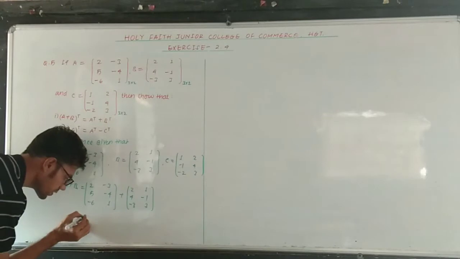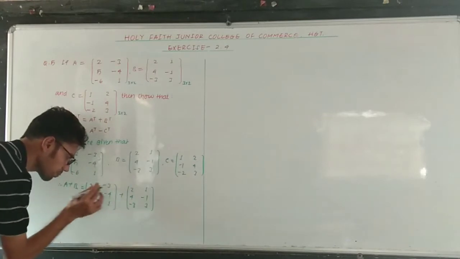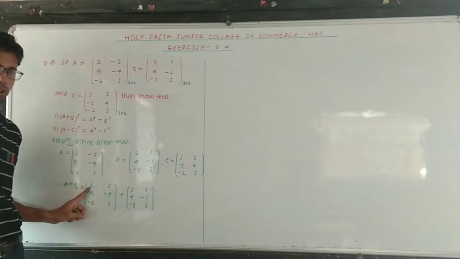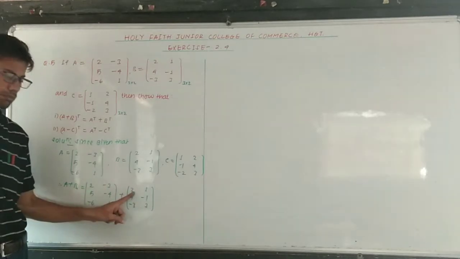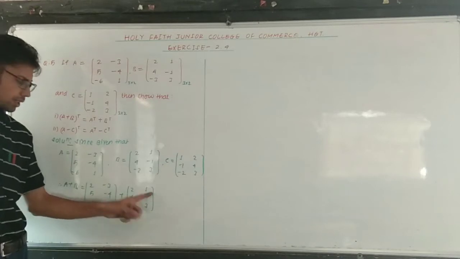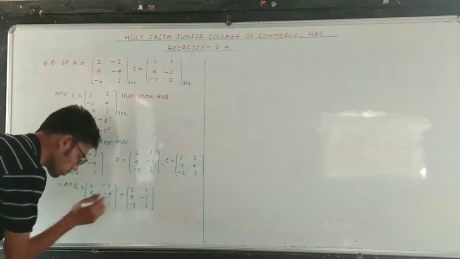Which is equal to the addition of A plus B matrix. We have to add first element by first element, second element by second element, like that. 2 plus 2,